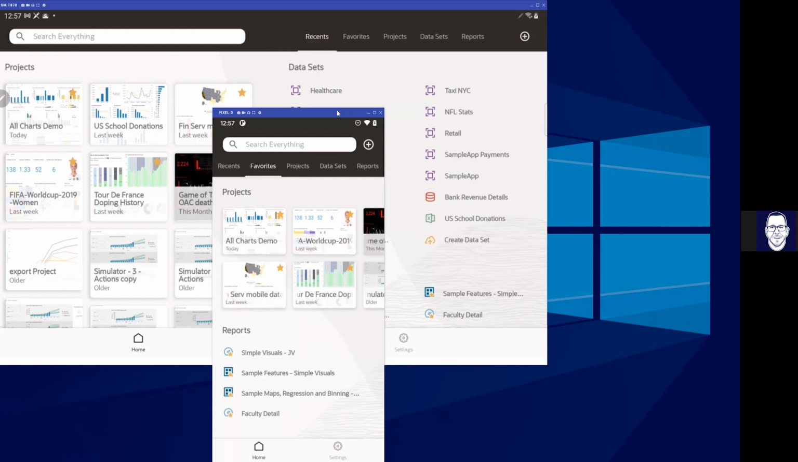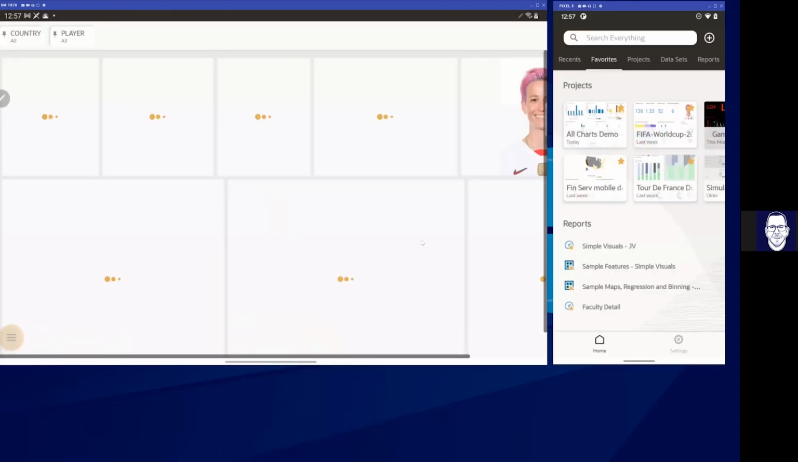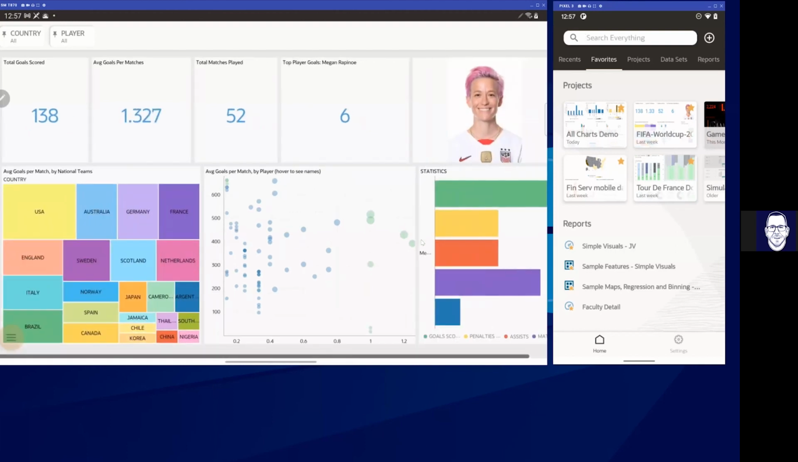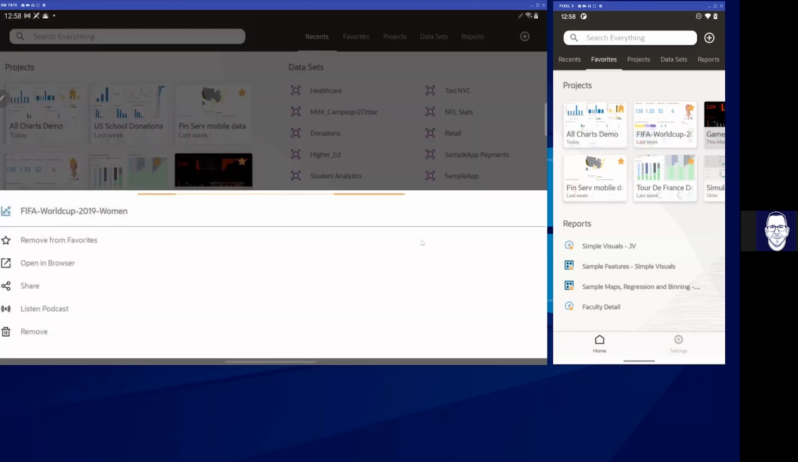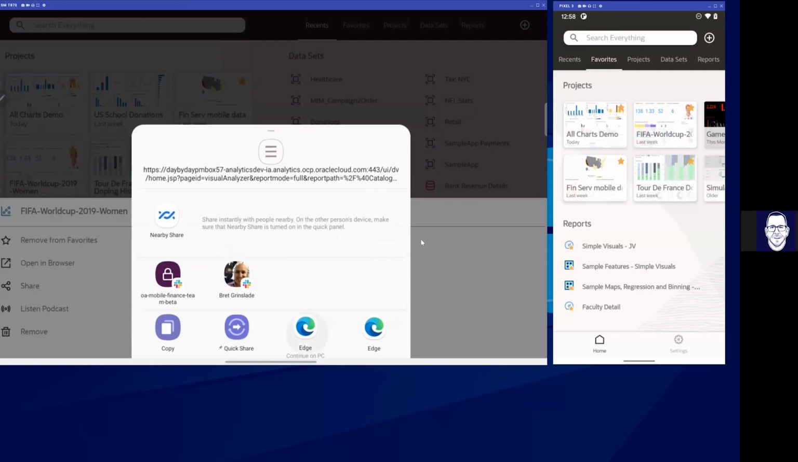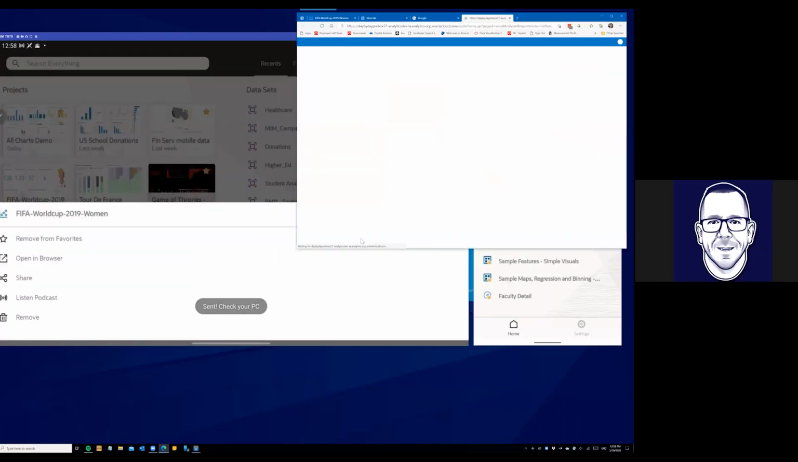Lastly, I know I'm running up against the final time. I wanted to show, let me move my phone out of the way here. This is one of Ben's favorite projects. I think he's shown it to you before. When you're on your tablet here, you can actually tap and say, hey, I want to open this one on my PC here. So I'm going to go from my phone, and it's going to open it